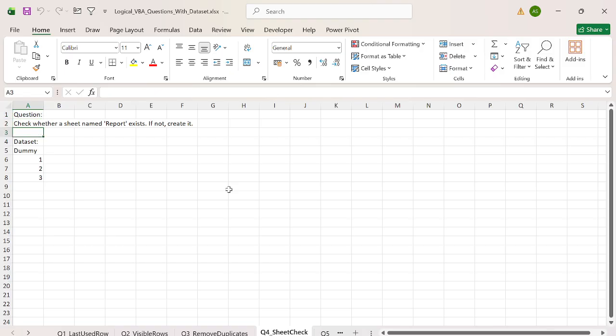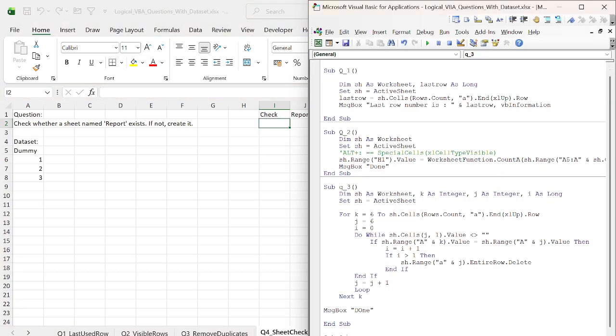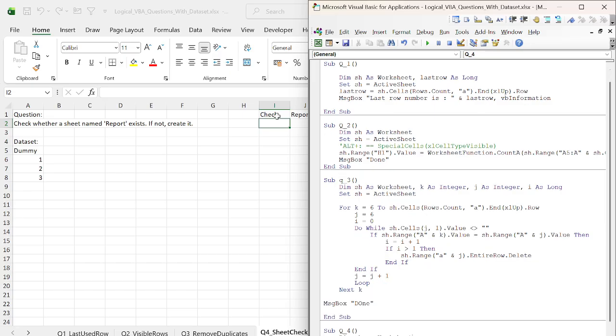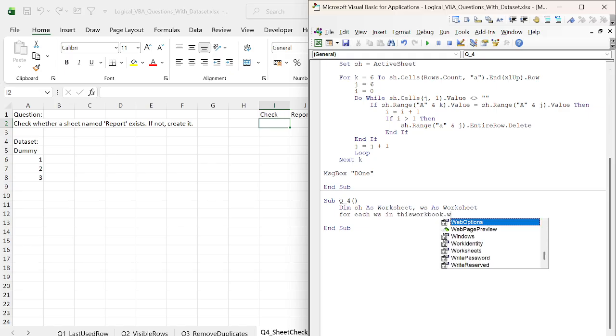In question number 4, it says let's check whether a sheet named report exists. Here we don't have any sheet with that name, for example, check report. It says check in this workbook whether we have any worksheet by the name of report. If no, then create it. So let's run one more loop, which is a collection loop. Dim ws as Worksheet. For each ws in ThisWorkbook.Worksheets, if ws.Name is equal to report,